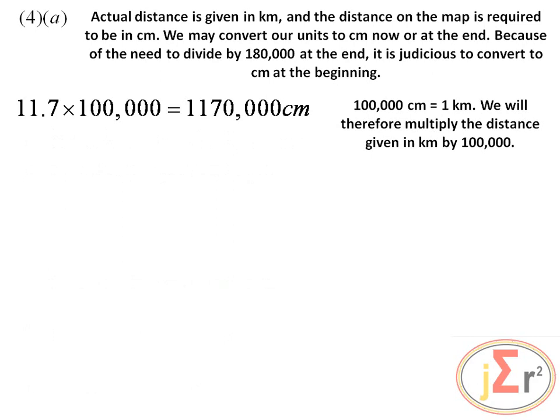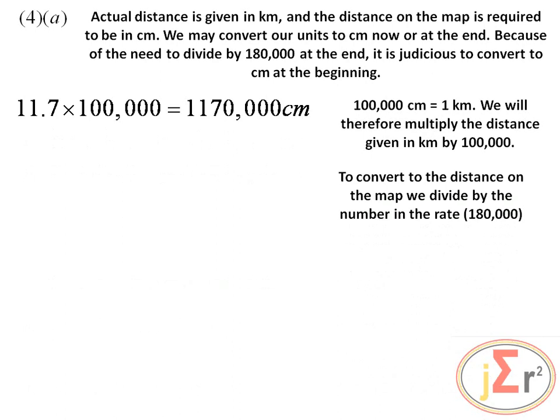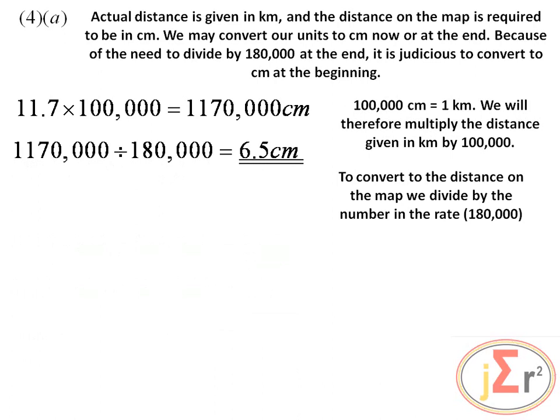11.7 multiplied by 100,000 will give 1,170,000 centimeters. To convert to the distance on the map, we will divide that number by 180,000, and that is equal to 6.5 centimeters. Now we have the distance given as